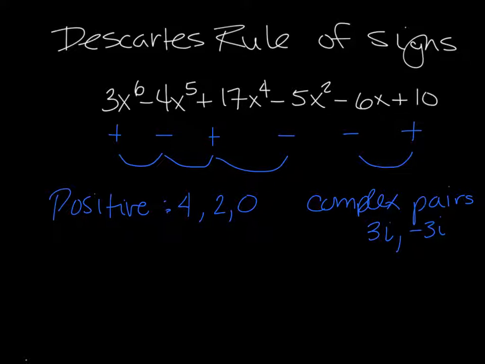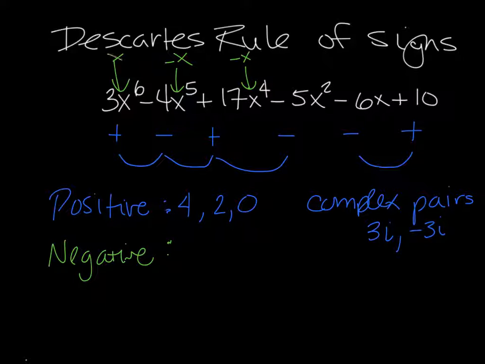Now for the negative ones, that's going to be a little bit more interesting, a little bit more work. Because for the negative ones, for every time I see an x, I'm going to plug in a negative x. So when you do that, you're looking at this and you're saying, okay, negative x to the 6th power. The negative gets raised to the 6th power, so it's going to be positive, right? And it was already positive, so this right here is going to be positive. And then we have the next one. If I plug in a negative x, a negative to the 5th is negative, times a negative, that's going to be positive,